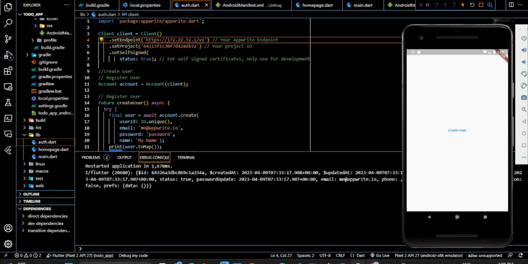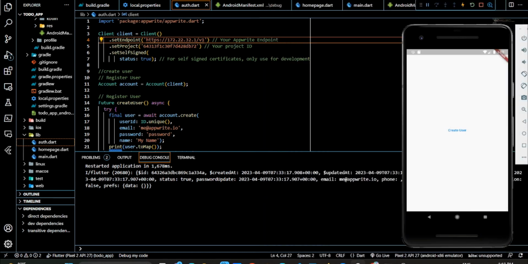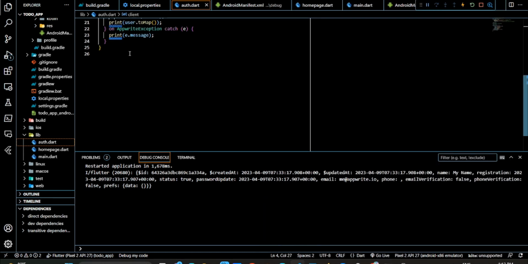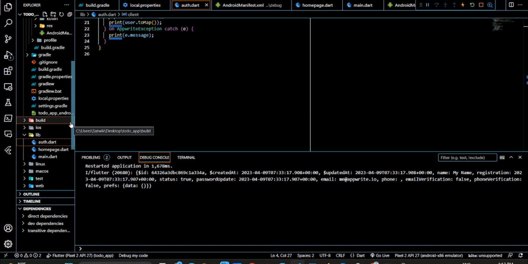Let's check in the Appwrite users. Yeah, here we got this user. That was a successful request we made to Appwrite. Okay, let's move forward. I already mentioned this is only for testing purposes. We need a login UI,